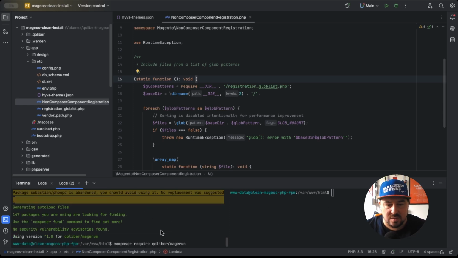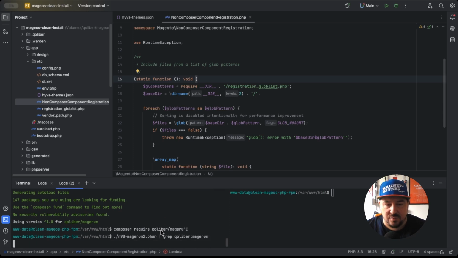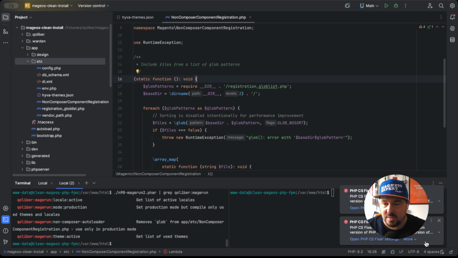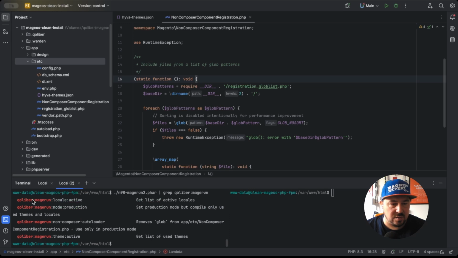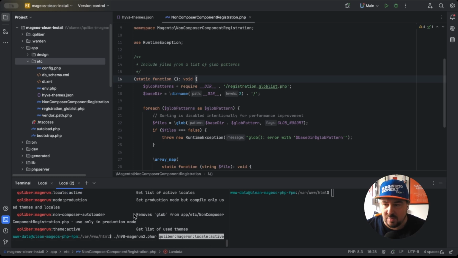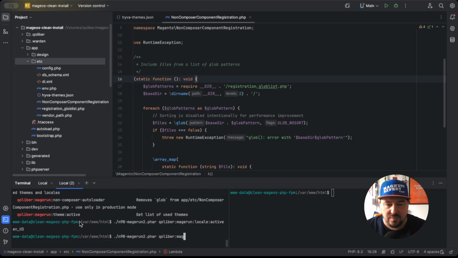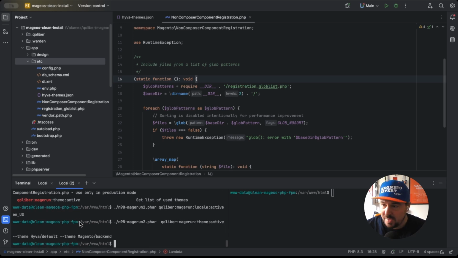Okay, so the module was installed, and let's just see if we have all of our options and the qoliber main namespace available. Let's just disable this code sniffer. So the module has a couple options. The first one is to show you which locales are active on your entire Magento installation. In this case, this is only a clean Mage-OS install, so it's only showing the US. It's also showing you the list of active themes. So by using those